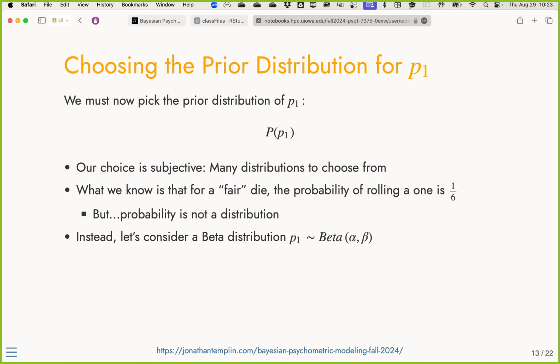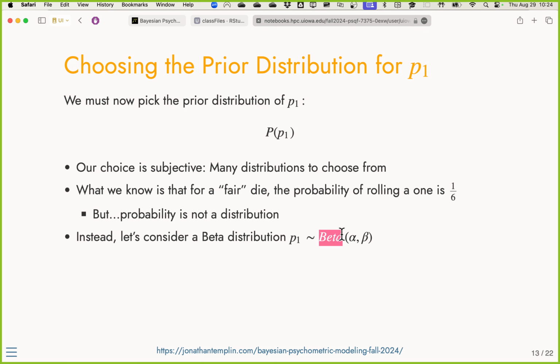Oftentimes, in distribution language, the distribution itself is defined on what we call a sample space, meaning it's valid under these numbers. So, first of all, our probability has to be between 0 and 1. Otherwise, it's not a probability. So we need a prior distribution that follows that same range. The sample space of the prior has to be between 0 and 1. So we look up all the distributions that are defined on 0 to 1, and we come up with one. Beta happens to be defined in the space between 0 and 1.